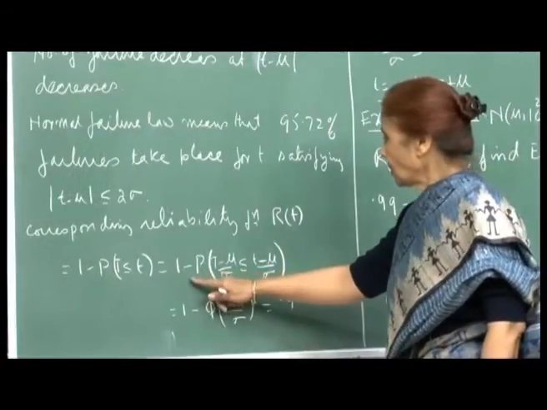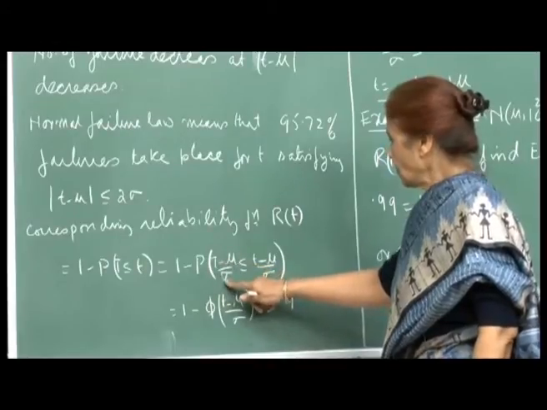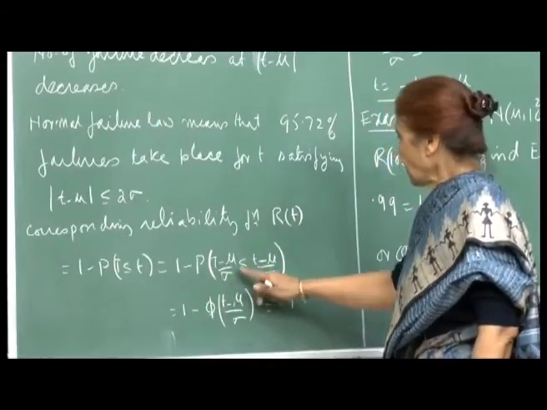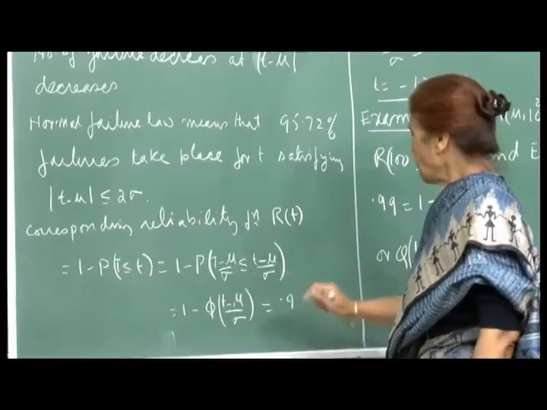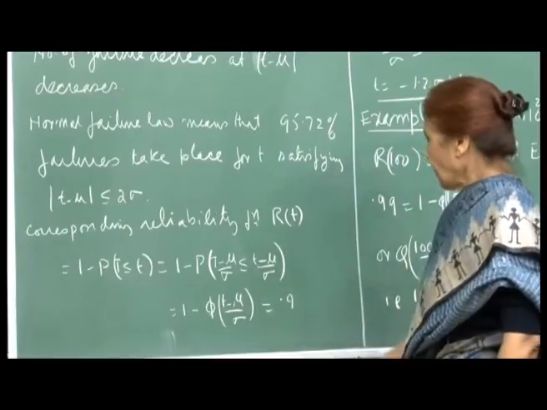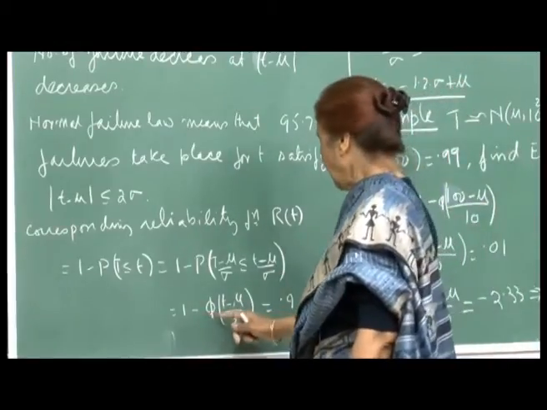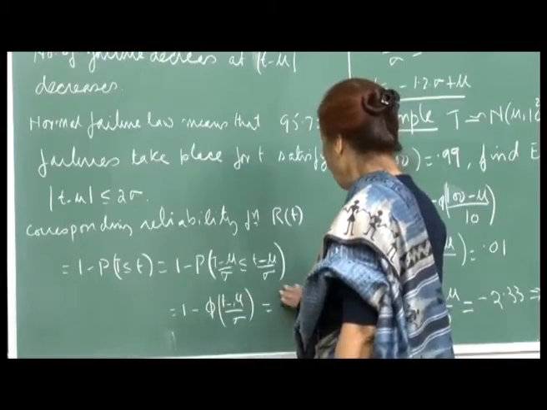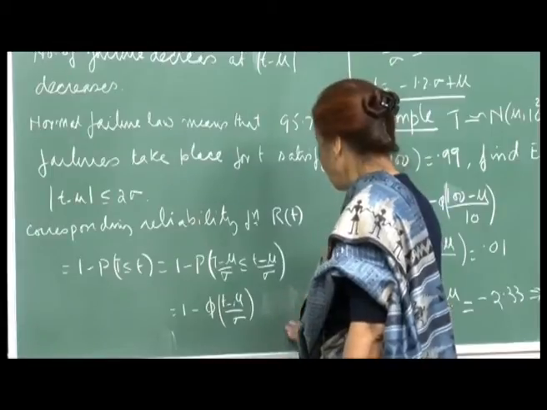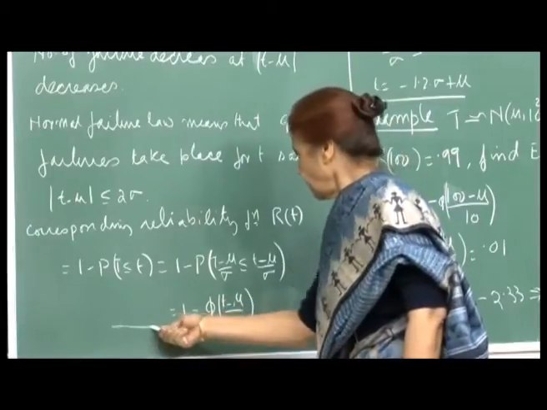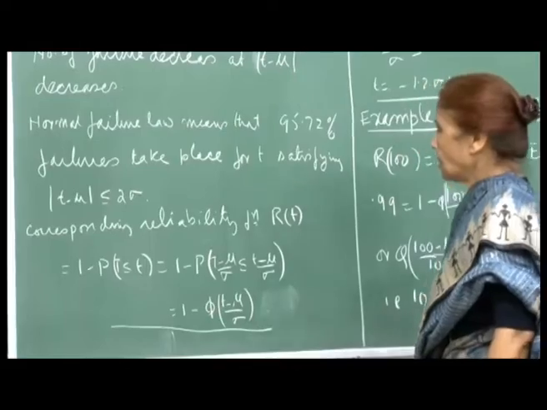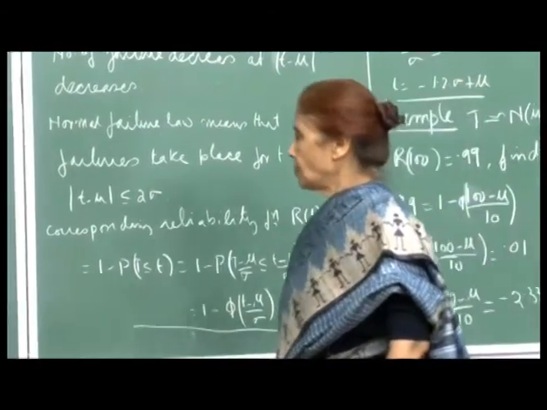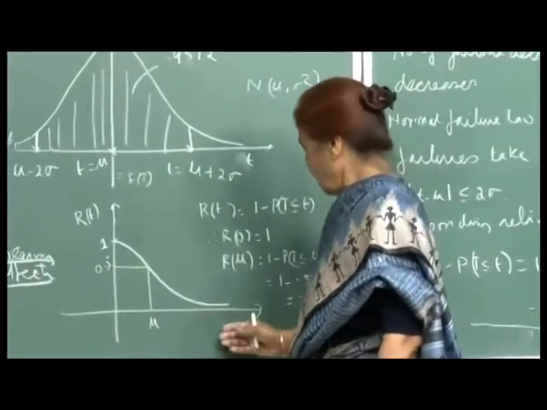So, this will be equal to 1 minus the probability that t is less than or equal to, t minus mu divided by the standard deviation, so less than or equal to (t minus mu) by sigma, right. And so this becomes 1 minus phi of (t minus mu) by sigma, which is equal to 0.9. Okay. So, this is the functional form for your reliability function, and if you plot it on the t